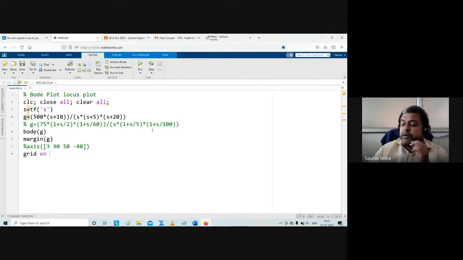So there are four regions: from 0.1 to 5 minus 20, 5 to 10 minus 40 dB per decade, 10 to 20 minus 20 dB per decade, 20 onwards minus 40 dB per decade. And I have changed this 60 into 10. What is the difference now? Previously, all the poles were taking the system below minus 180. And then I was giving a correction of a 0, which was appearing after this 20. So first I was letting the system go to instability, then I was bringing it back into stability.